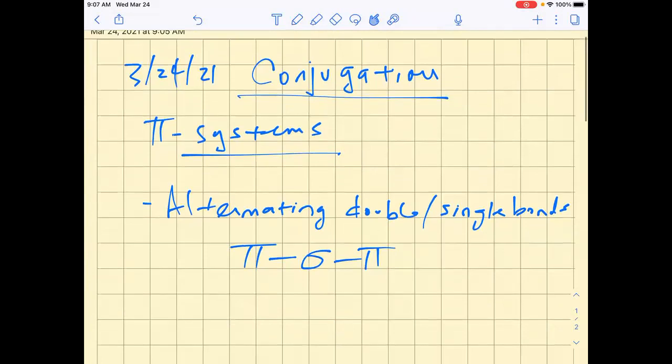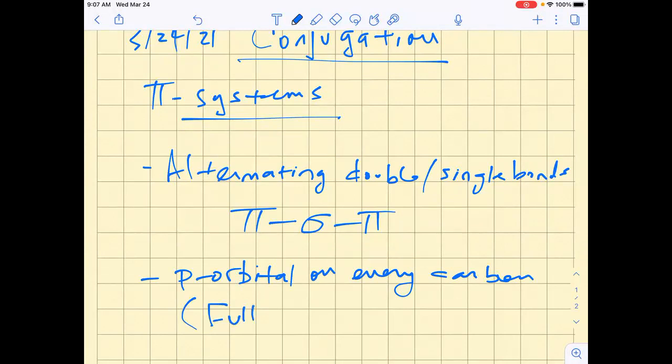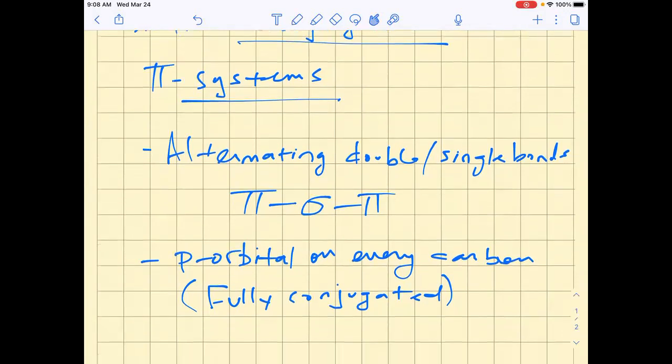Another way to think about it, a more extensive definition, is, and I have handouts for this, but I didn't download them, so we'll use those on Friday. So don't panic. A more extensive definition is a p orbital on every carbon. That's another definition of conjugation. Something that's fully conjugated will meet this definition, and I'll show you some examples in a minute. If something has a p orbital on every carbon, then we can say that it's fully conjugated. An example of a conjugated system would be something like